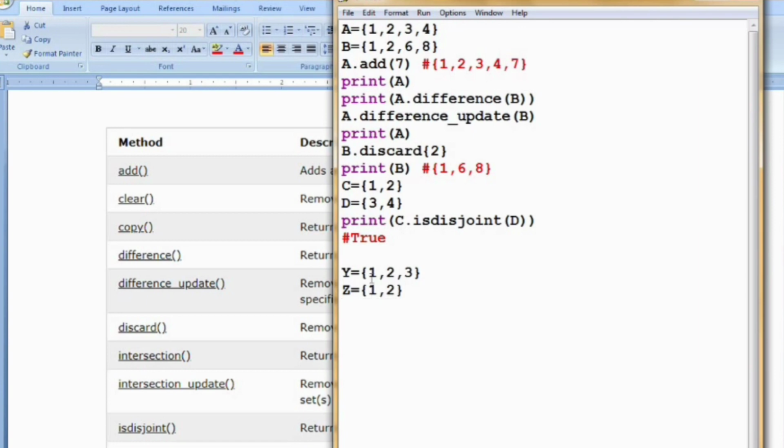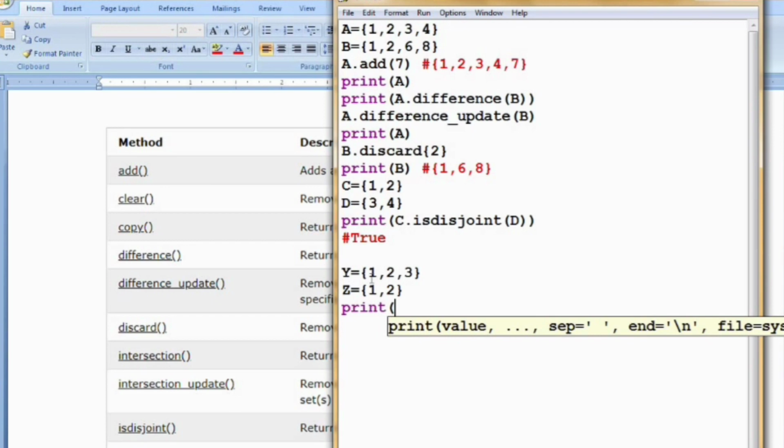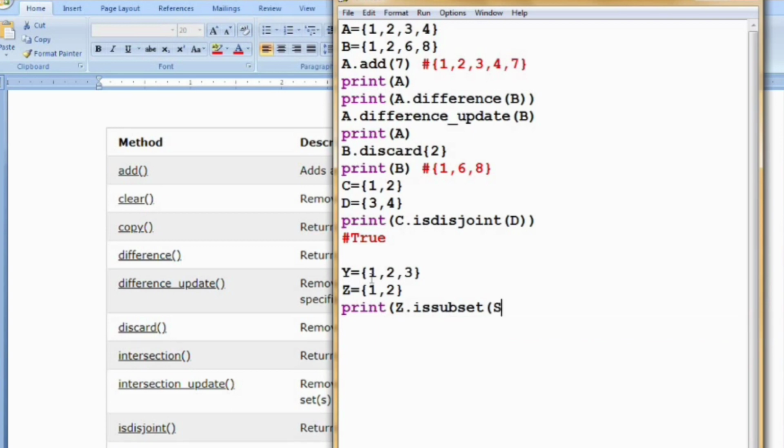Do you know what is meant by subset? A subset is nothing but if Z is contained in Y, Z is a subset of Y. So I am printing Z dot issubset of Y. This will return true because the elements in Z are contained in Y. It returns true.